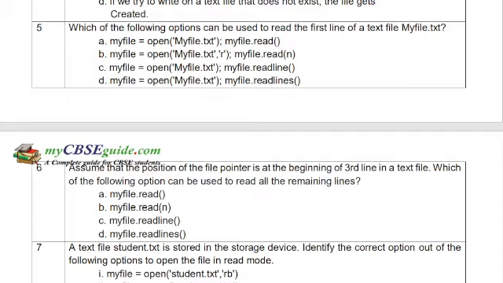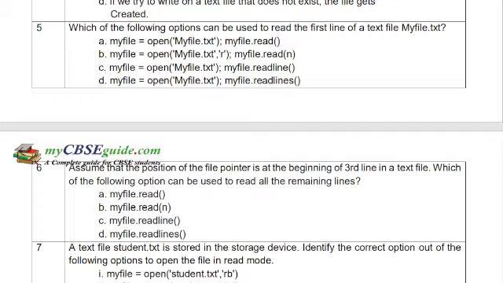Then see the next option. If we try to write a text file that does not exist, no error occurs. Yes, it is correct, because when we want to write a text file, if the file is not there, it automatically creates the same file.